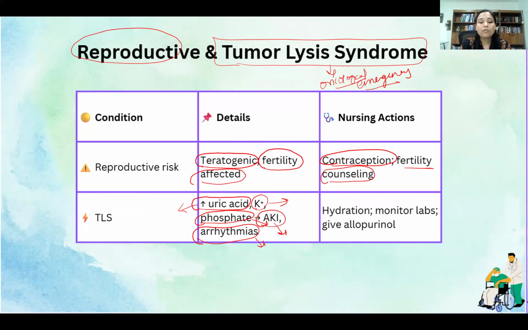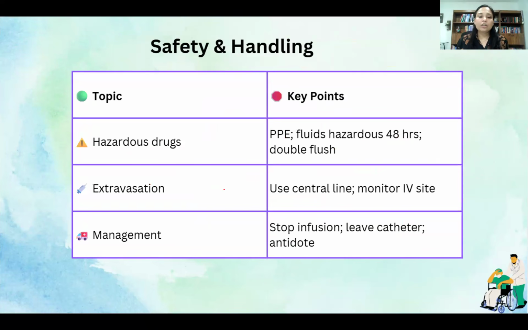You need to monitor all these electrolyte levels, and to prevent or protect the kidneys, you have to keep the patient well hydrated. You have to monitor the labs frequently, and you have to give allopurinol to the patient. Allopurinol is for what? For decreasing uric acid. In general, for safety and handling of hazardous drugs,